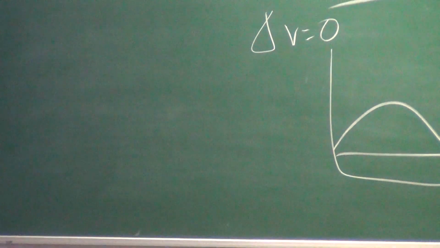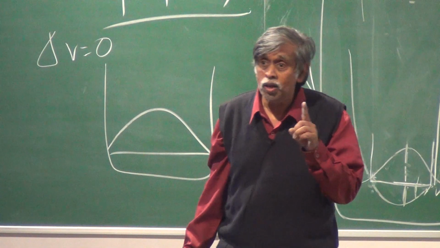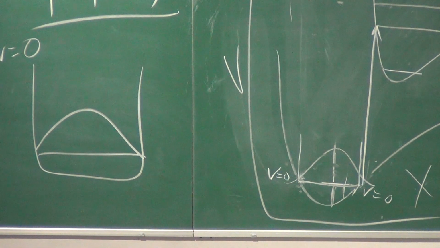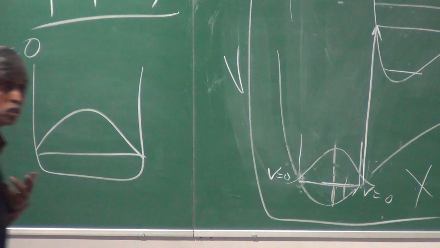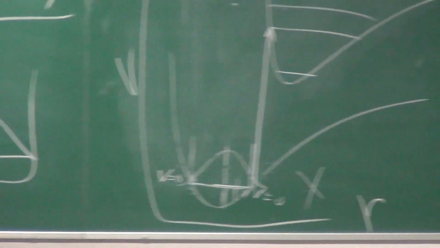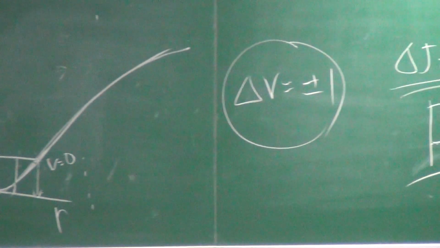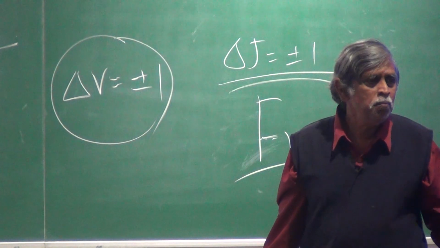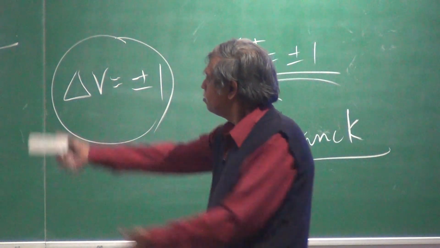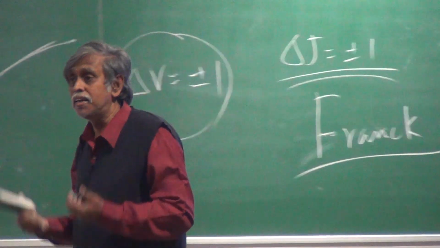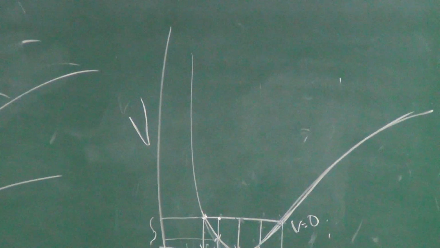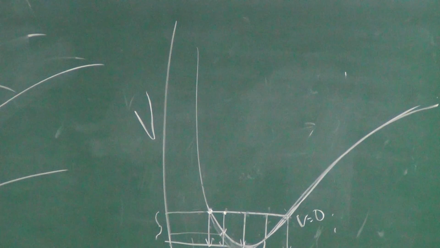And this propensity for transition, not a selection rule, a propensity rule, starting from a given vibration level, which vibration levels can you access in the excited state, was actually told to us by Franck using this very simple-minded dynamics issue. Electronic transitions are far too fast. Nuclear motion is far too slow. Well, that's the case. R has to be the same, velocity has to be the same, just before and just after the change. And if that is the case, everything else follows. You can actually tell which transition will be allowed and which transition will not be allowed by simply using the Franck statement.